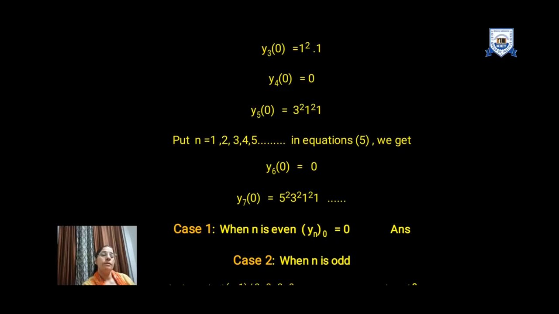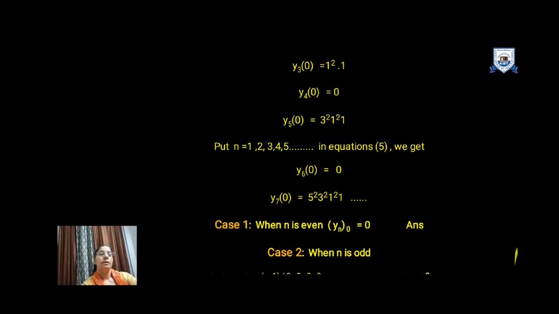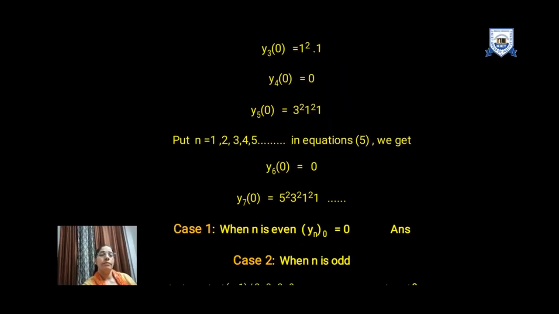So if n is even, we can write the nth order derivative is 0, and if n is odd, then y3, y5, y7, up to n and so on follow the same pattern, and if we see the pattern, we can write the answer that if n is odd, the nth order derivative is 1 into 1 square